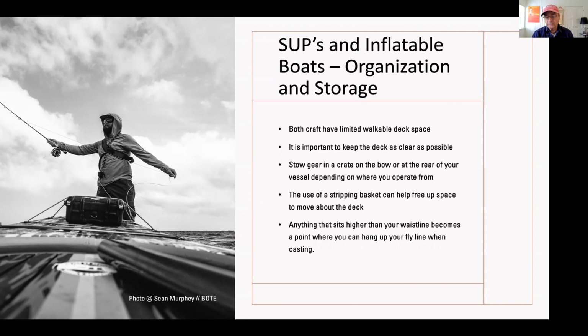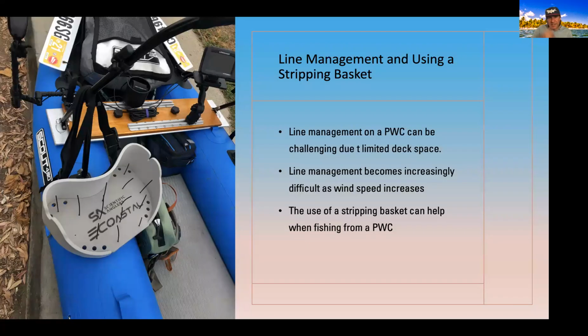What about line management? We're going to talk a little bit about line management in a future slide, and about the importance of it. I think that's just a few slides away. But on a stand-up paddleboard, you've always got to know where your line is, because it's really easy to stand on top of it. There's ways around that, and that's what we've got here. I've got this Scientific Anglers made this really awesome